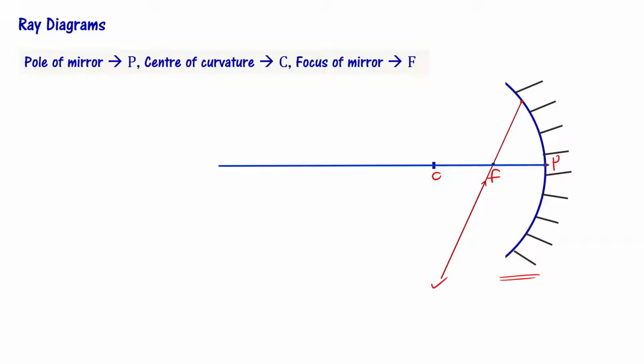First, we need to know what is the angle of incidence, right? Reflecting ray ni draw cheyalante, we should know what is the angle of incidence. Angle of incidence kosam manam em chestam? I want to draw a normal to the surface of the mirror at the point of incidence. Point of incidence nunchi normal draw cheyali.